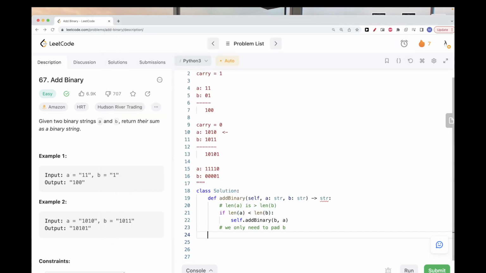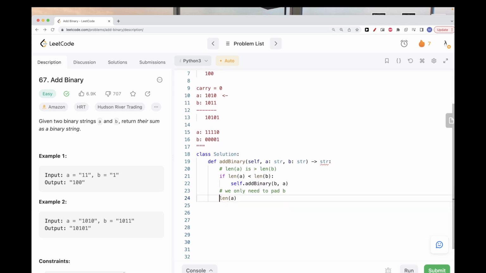So how do we do that? Well, first we need to find the difference between the lengths. We know that the length of A is bigger than the length of B, and so we just do length of A minus length of B. So this is the difference, this is how many zeros we need to add. To do that, we just say we need a list of zeros, range of D, and we want to join it